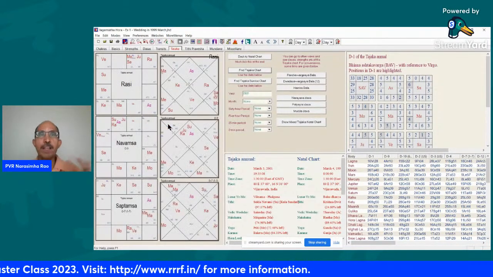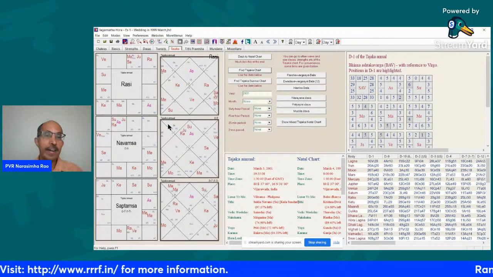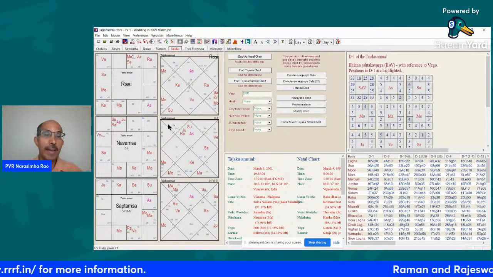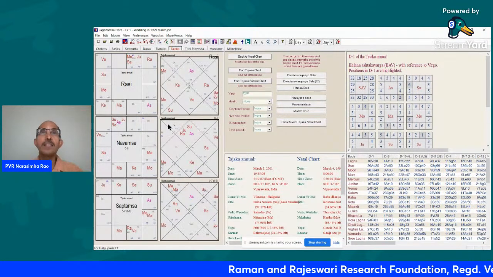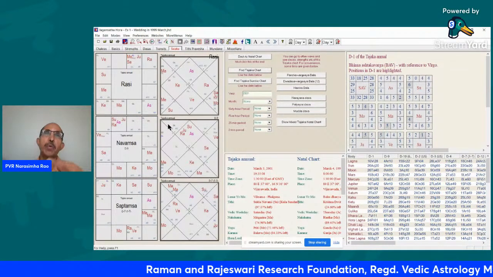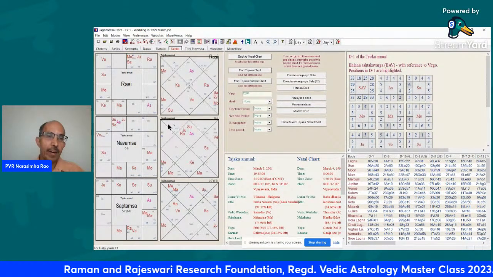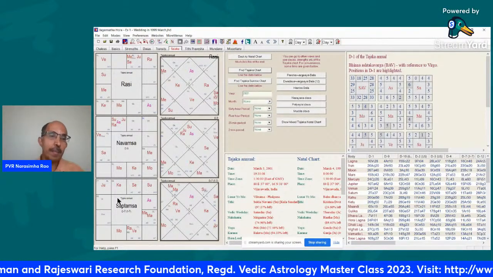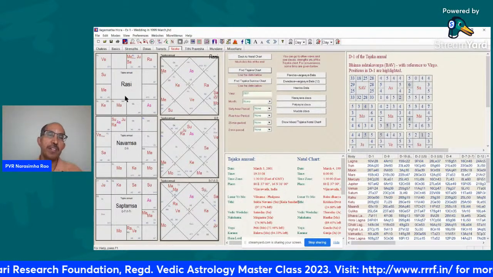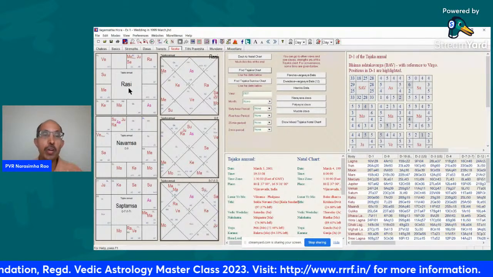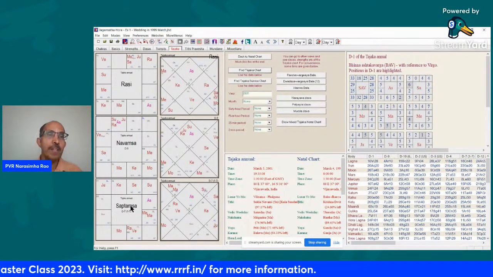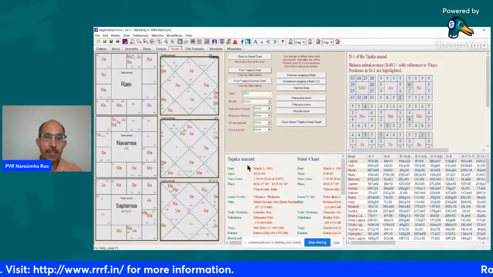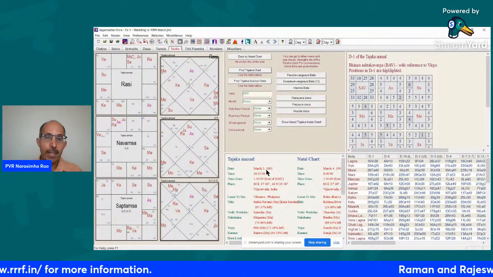Why Navamsa? Well, Navamsa is in general Dharma, and overall Dharma is the one that protects you. And one of the Dharmas of marriage is getting children, basically continuing the lineage. So Navamsa is relevant, and Saptamsa is the chart of children. So it is a chart of the fruits of desire. So we look at Rasi, Navamsa, and Saptamsa. So this is the Tajika chart of March 2001.